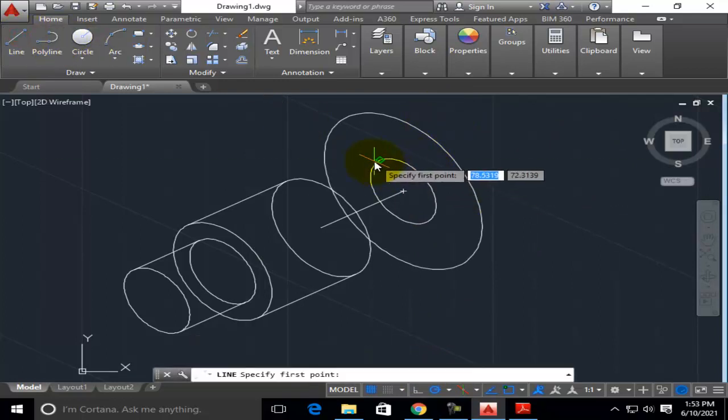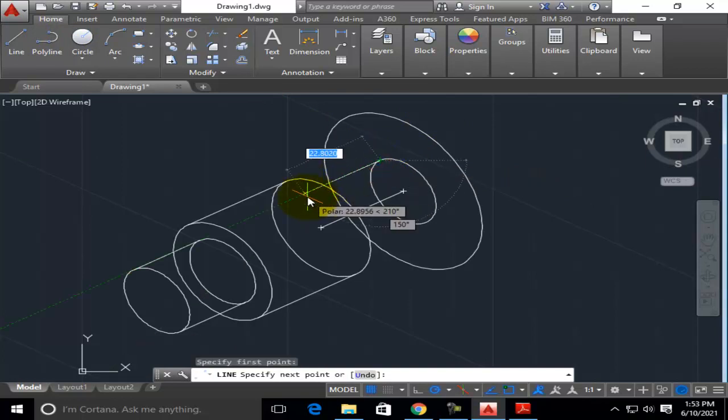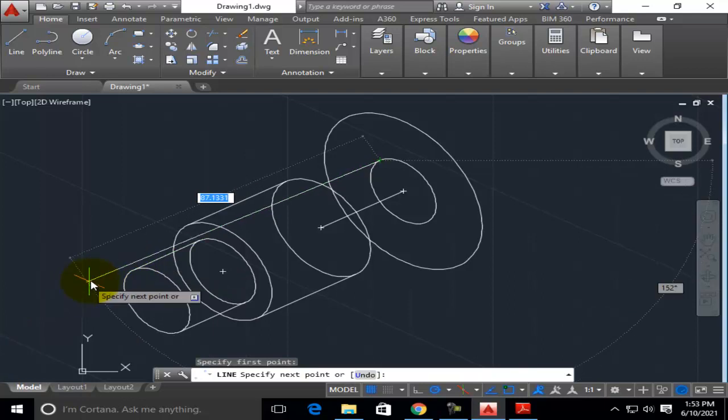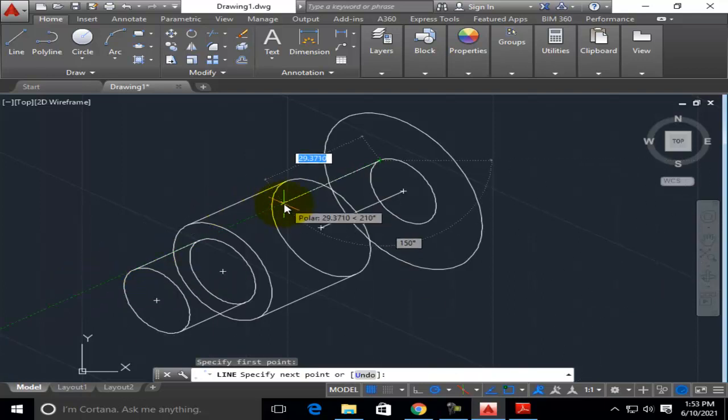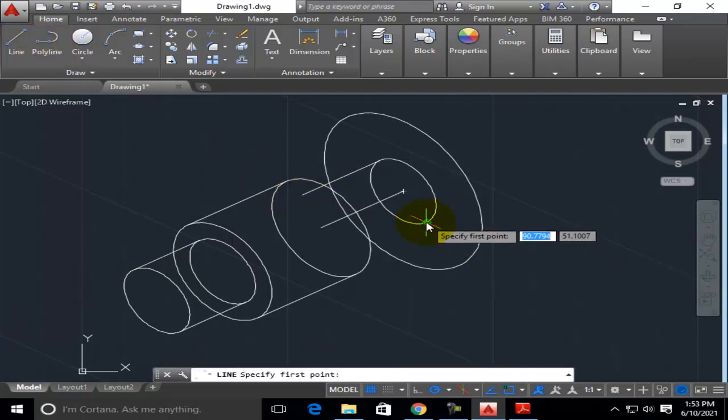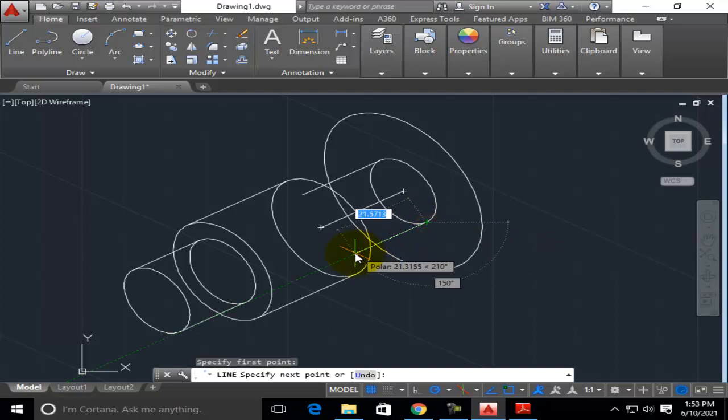Also we have to draw one line from here to here for an angle of 30 degree. That is, 30 degree means it should be parallel to this line here. These two lines are parallel. Now it is okay. I am going to draw till inside. Again I am going to draw it similarly from here also. It should be parallel to the lines that we have already drawn. Not only parallel, it should coincide with that line.